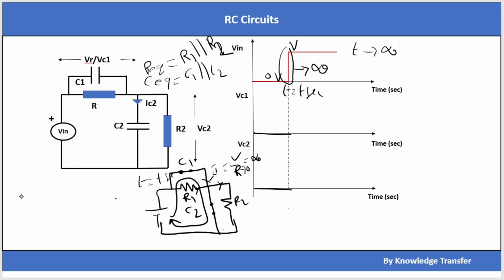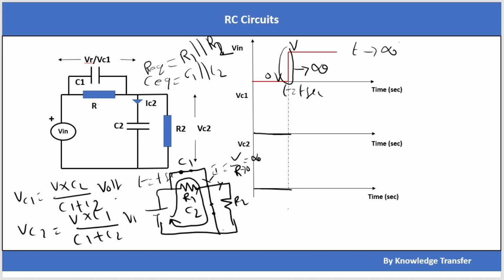So VC1 is equal to V into C2 divided by C1 plus C2, and VC2 will be V into C1 divided by C1 plus C2 volt. Suddenly at t is equal to t, it will go to VC1,